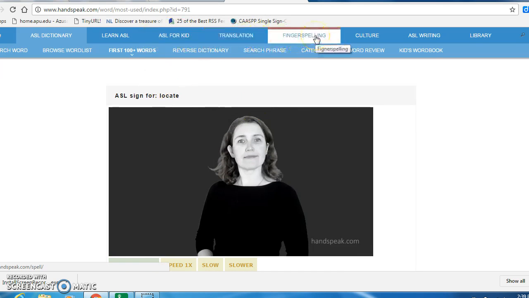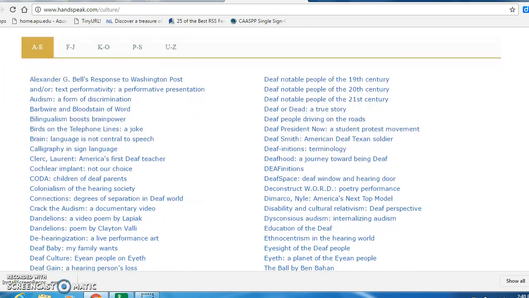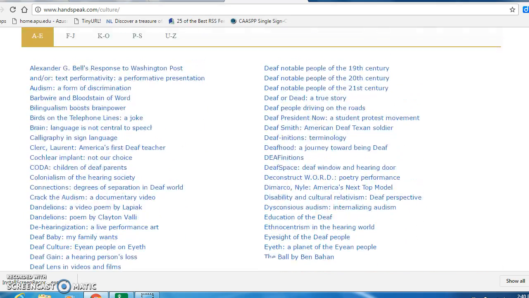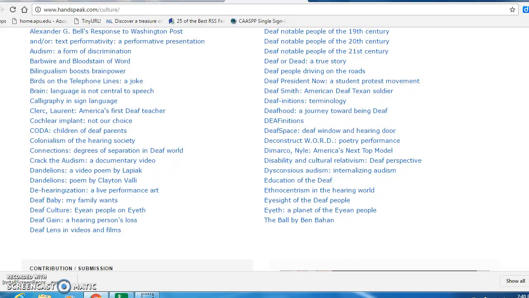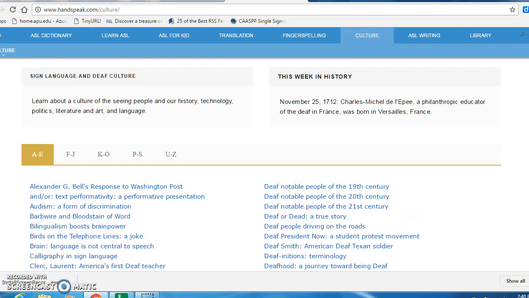There's also finger spelling, which is pretty interesting. What I also like is the culture one. Anybody who is learning a language, whether it's sign or spoken, there's also a cultural part, and I think that's really important to know and note as well. And again, all these different hyperlinks here will take you to articles and different parts to get to learn the ASL deaf and hard of hearing culture, which I also believe is really, really important.